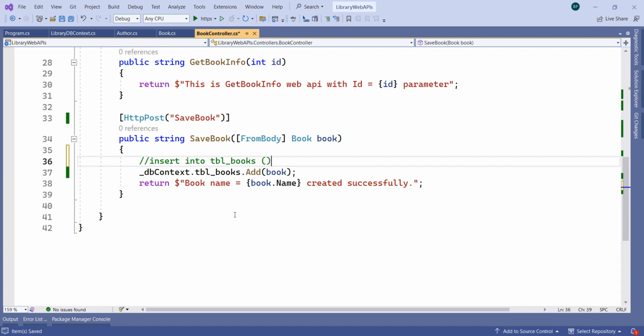Here we can add the column names, and here we can add the values. This is the query in order to add the records into the table books. If you don't know this query, perfectly fine. You can just use this syntax and it will help you to write the insert into query and insert the